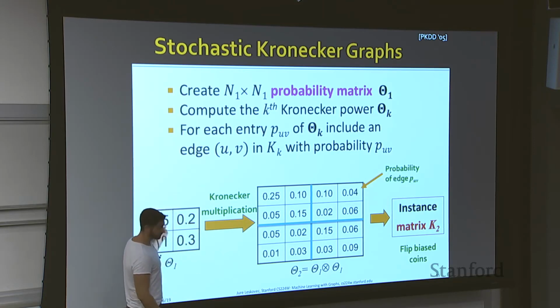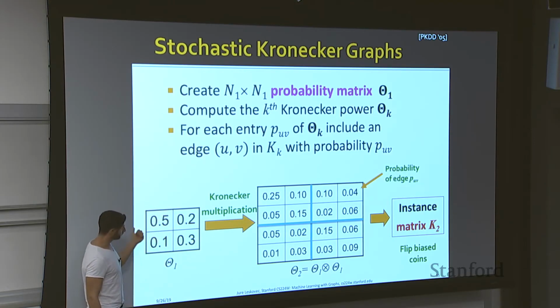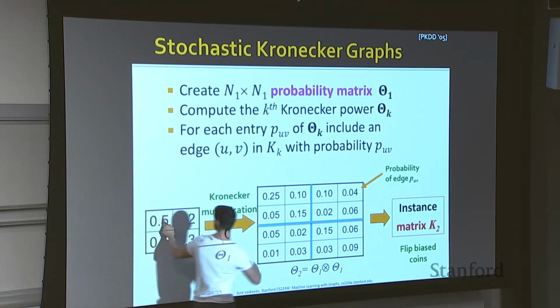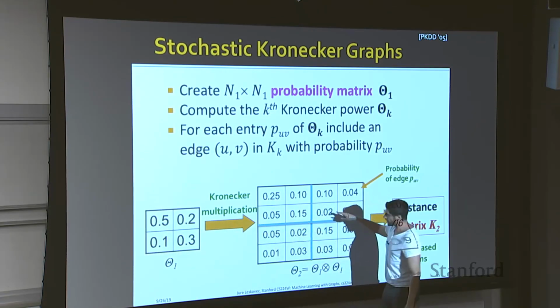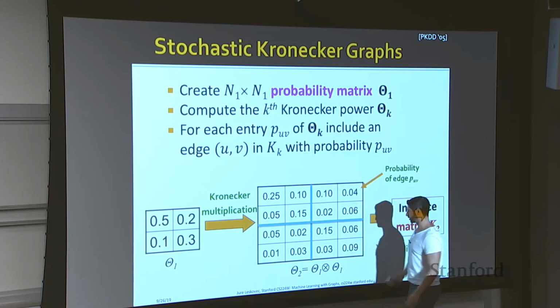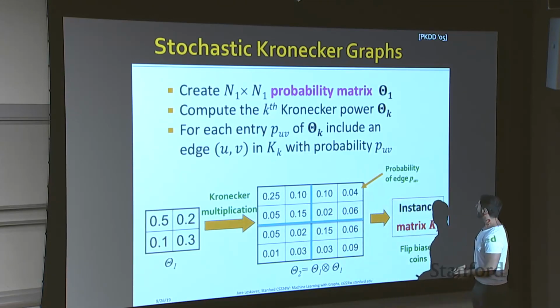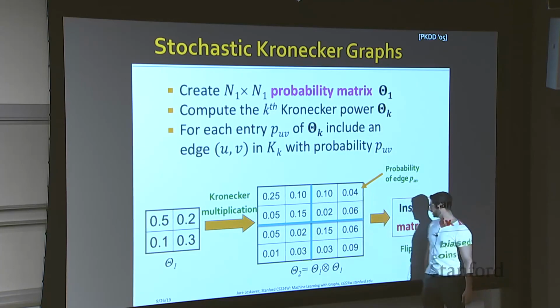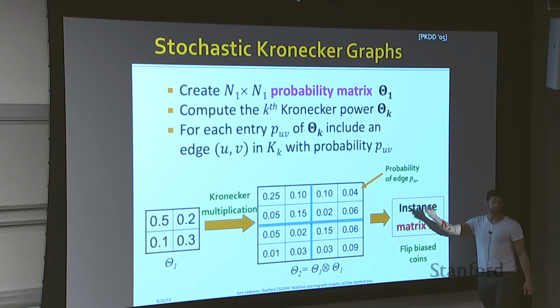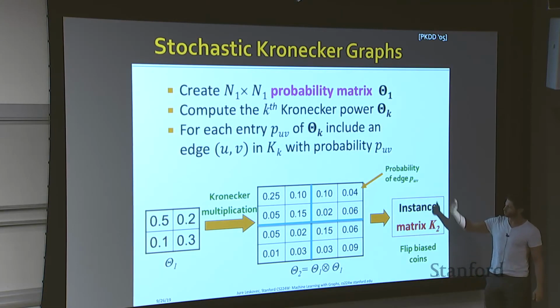You will recognize exactly the same operation that we were doing before. So you now have 0.5 times 0.5, here we have 0.5 times 0.2, and so forth, okay? So we build our theta2, and this is the probability that a certain edge puw will appear in our graph, okay? So as you can imagine, we can run through this template matrix and produce different instances of our graph,